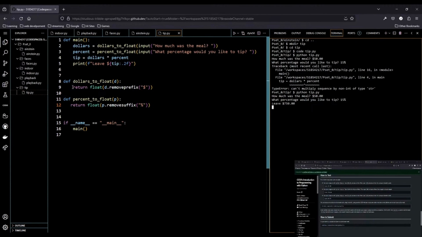Excuse me. Percent. That math is wrong. Way wrong. Holy shit. That math is